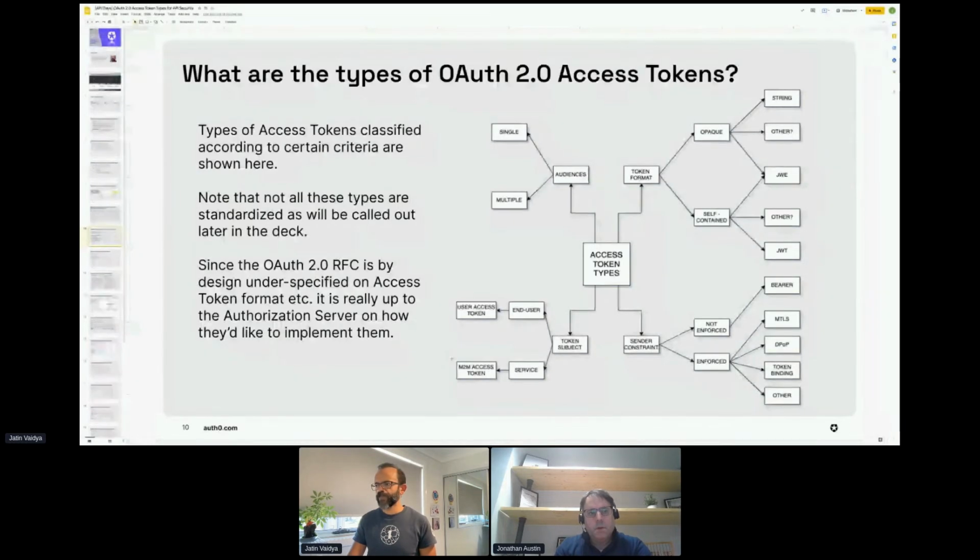Could imagine IoT would be using this? Yeah, IoT definitely is a scenario where we could use M2M tokens. Although with IoT, I have seen use of both user access tokens as well as M2M. Yeah, security is not so great on IoT.